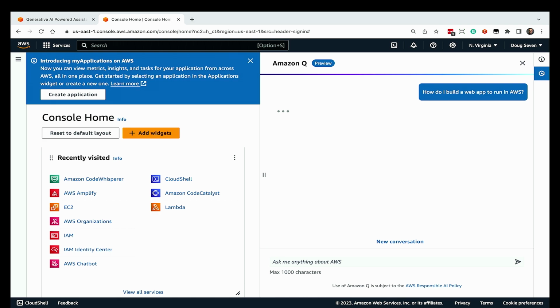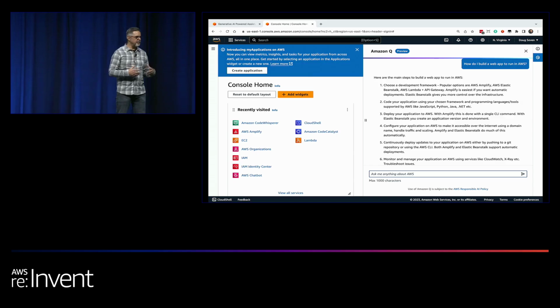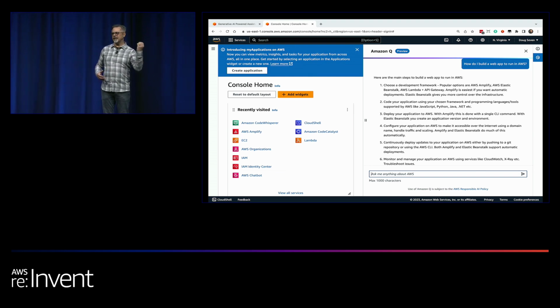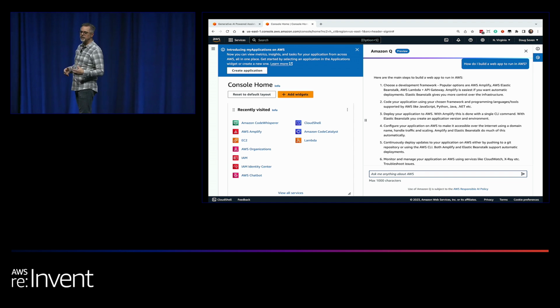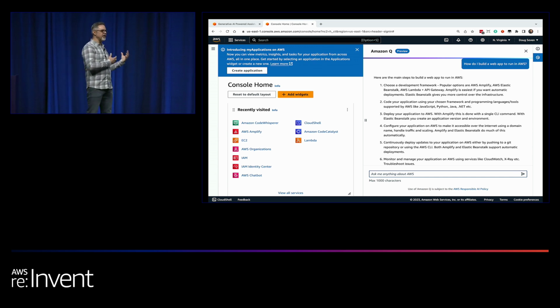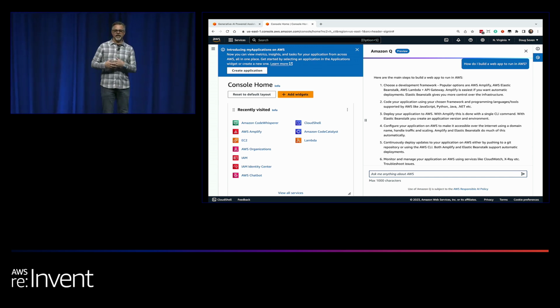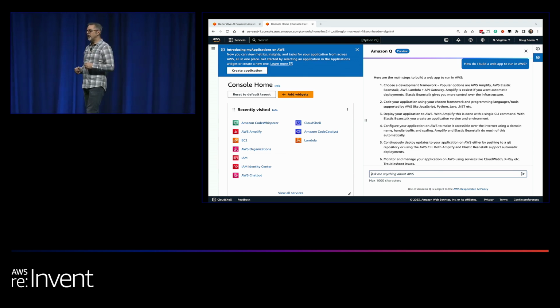Again, what is going on here, Q and CodeWhisperer are generative AI systems built with large language models behind them. Large language models give us the ability to use machine learning and AI capabilities to understand language and then generate new output. So everything you're seeing, the examples that Ankur was showing you with how CodeWhisperer works for code generation, we're not pulling code out of a dictionary or a library of code. That is the generative AI model understanding your intent and understanding how software development works and creating new code, net new code.